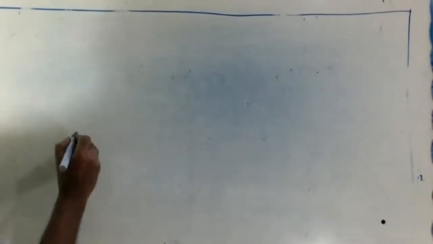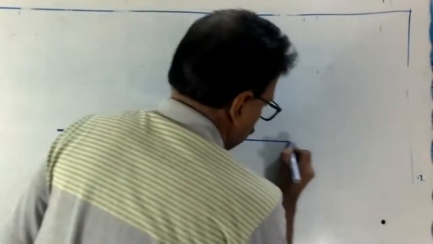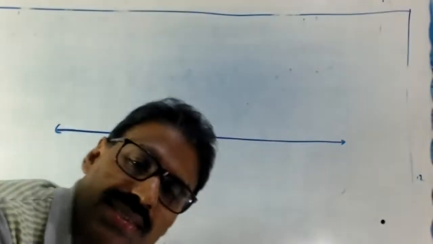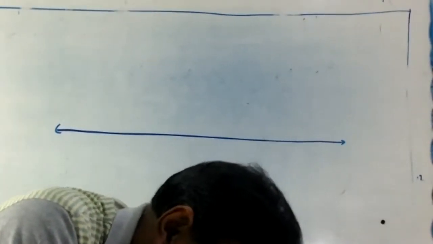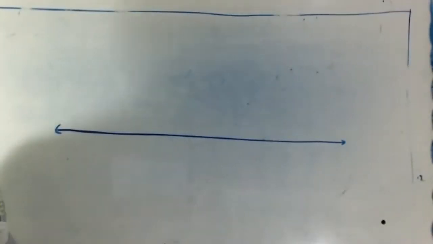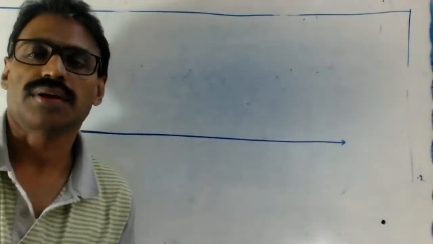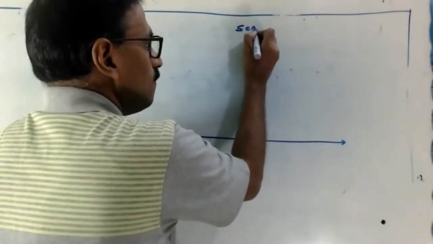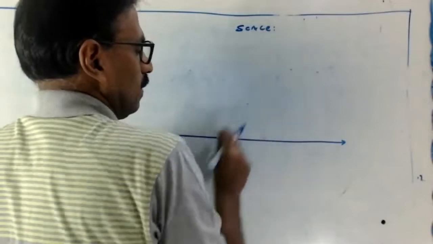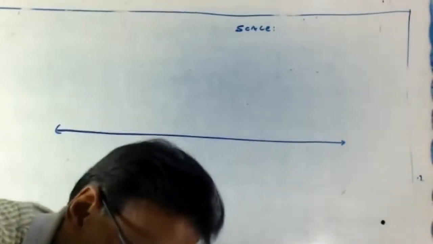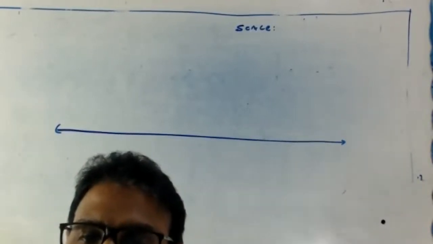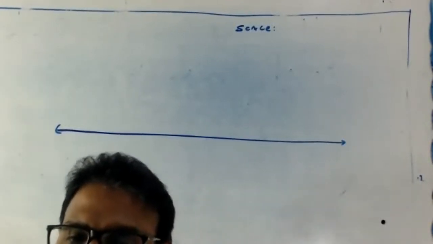This is the number line first. In an online class the construction has some limitations. Actually, it needs a direct class, but there is no other option. First of all, you are going to take a scale. You write here: scale. If you want, you can take 1 unit equal to 1 centimeter.